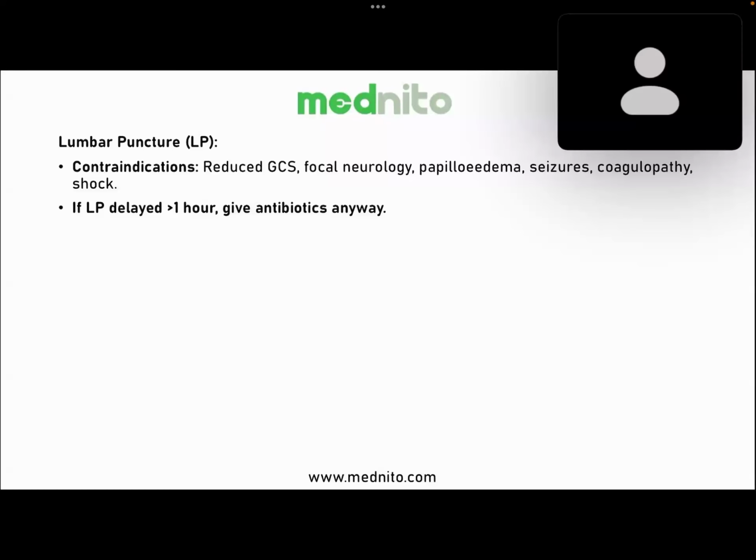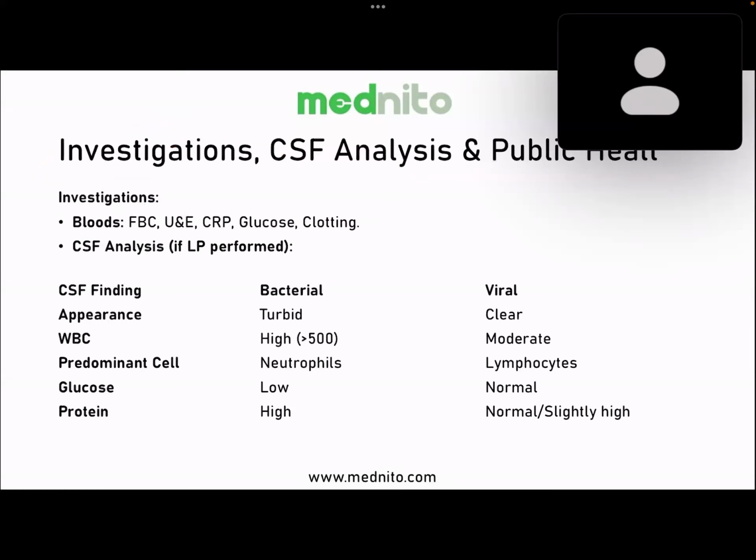All right. The examiner wants you to understand what is the next best investigation. It is a lumbar puncture. All right. If you are suspecting meningitis, please give antibiotics first. Do not do the lumbar puncture first. Always check for papilledema or do a fundoscopy at the bedside, because if there is papilledema, it is usually indicative of raised intracranial pressure, and this raised intracranial pressure is usually a contraindication for lumbar puncture. All right.